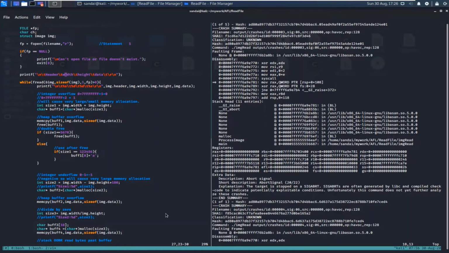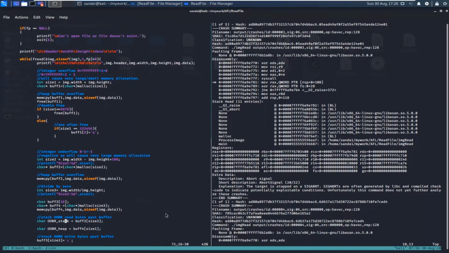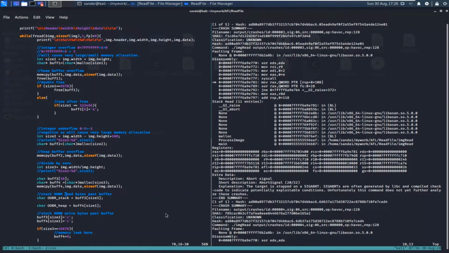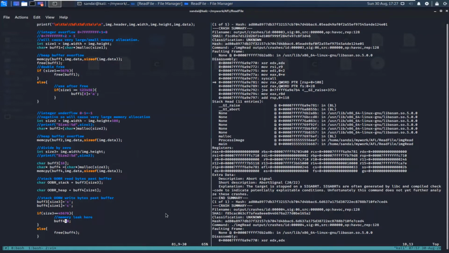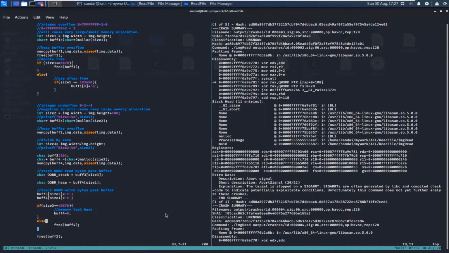You need to wait for some time now. And I have also modified some more stuff over here. Yesterday when I talked about out of bound read, it was a stack out of bound read. So I actually added out of bound read for heap and out of bound write for heap as well. I will leave it up to you to figure out why I have added this and what will happen. That will be a good learning exercise for you, and you can go and read about this. I have also added a check for size 3. If it's equal to 4, 5, 6, 7, 8, then only it will cause a buffer or memory leak, otherwise it will not.